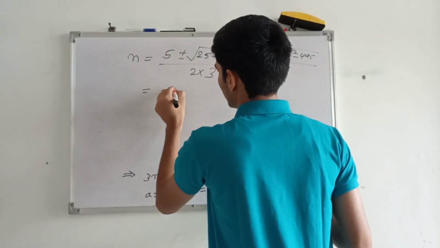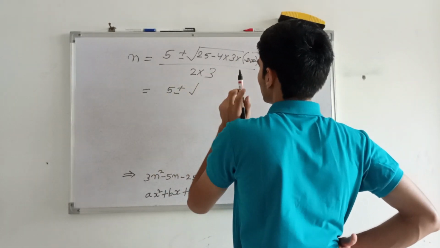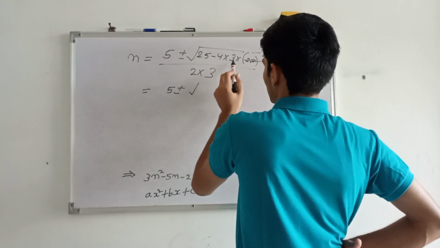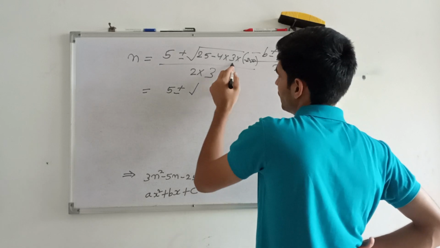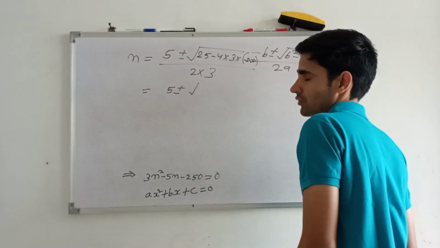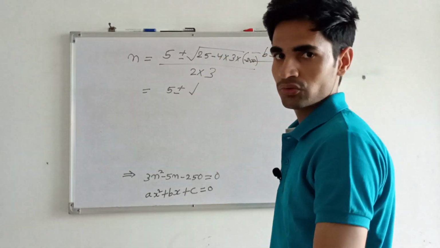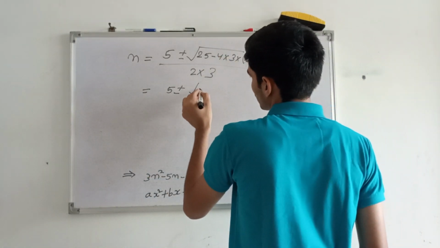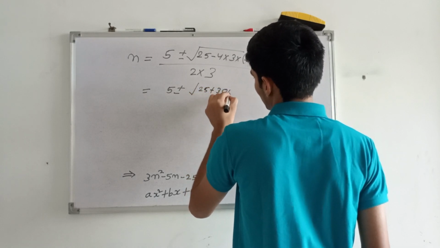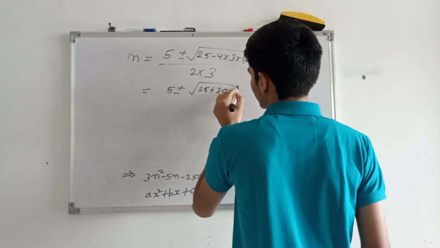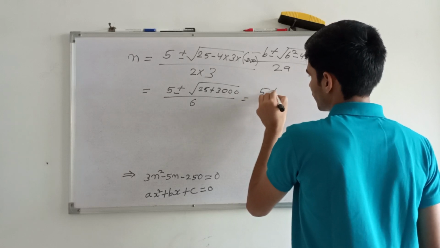We get 5 plus minus, minus minus will become plus, 250 into 3 will become 750, 750 into 4, what is 750 into 2? 1500, 1500 into 2 is 3000, so it will become 25 plus 3000 upon 6, which becomes 5 plus minus